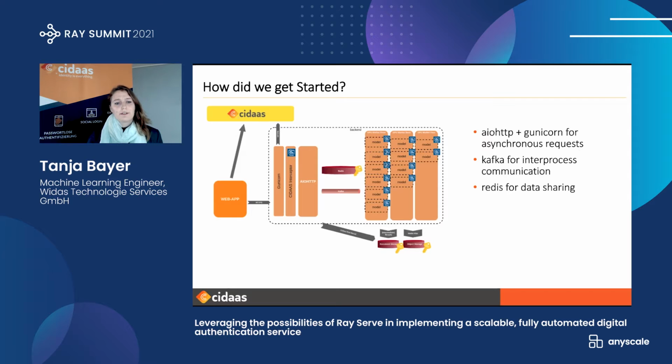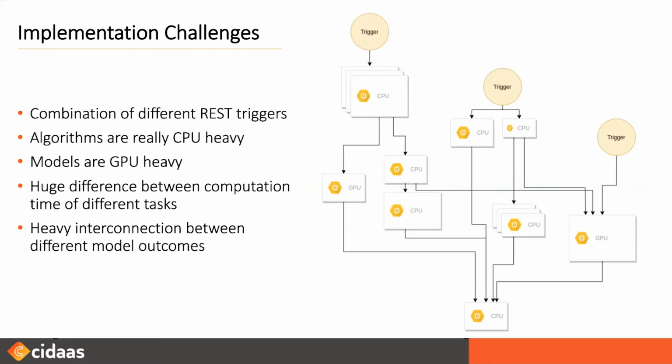And the other part was a web server which accepted the user requests from the web app and sent them via asynchronous communication to our worker backend. This asynchronous communication was done via Kafka Streams, and the data was shared via Redis. So once we had a first